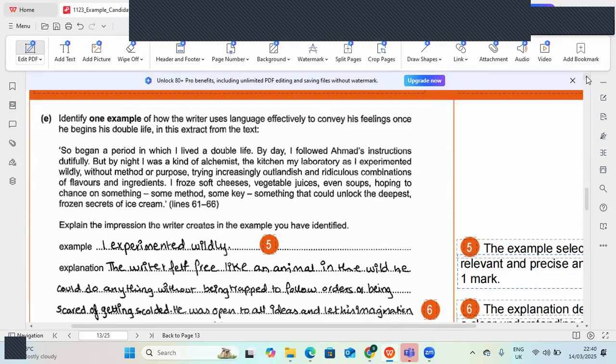So in the morning, he was following whatever Ahmed was telling him to do. In the evening, the kitchen became a laboratory where he was experimenting with things. Because once he asked his boss, his master Ahmed, can we experiment with the recipes? He said, no, you cannot. You're a dumb creature. You cannot do it. Okay. And that actually motivated him to